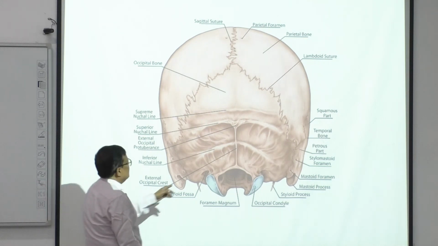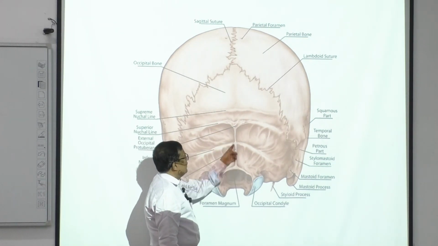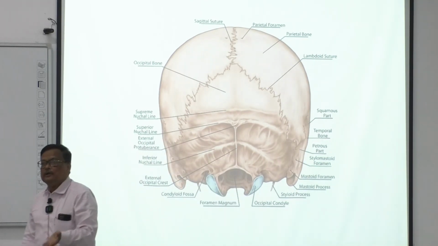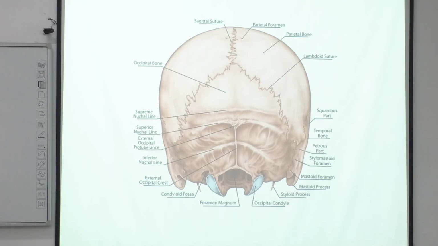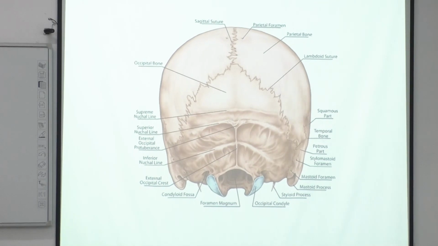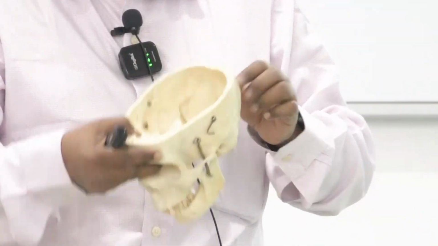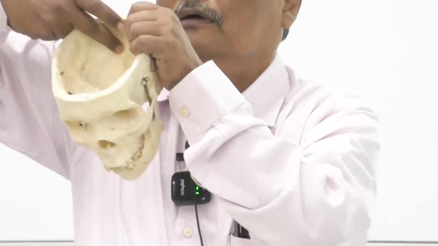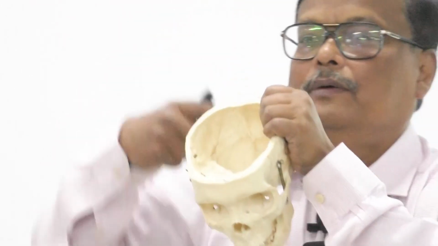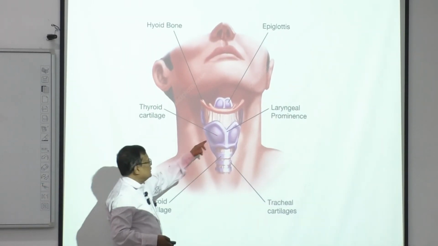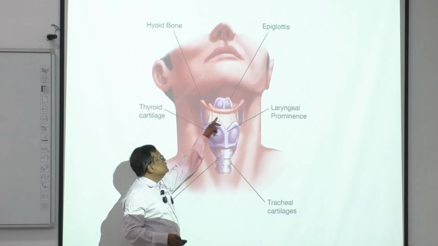And here there is a raised border we call external occipital crest. Why external? Inside ওরকম আছে। ভালো করে দেখলে সুপিরিয়র ইনফিরিয়র, কেন একটাকে এক্সটার্নাল বলা হয়? ভেতরেও দেখো আরেকটা ক্রেস্ট আছে, তার জন্য এটাকে বলা হয় ইন্টারনাল অক্সিপিটাল ক্রেস্ট। এখন লাগবে না, এটা কার্টিলেজ, থাইরয়েড কার্টিলেজ, ক্রিকয়েড কার্টিলেজ, ট্র্যাকিয়াল রিং, দিস ইজ দ্য এপিগ্লটিস।